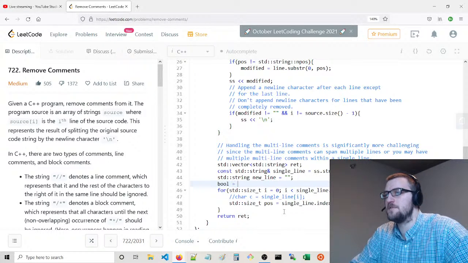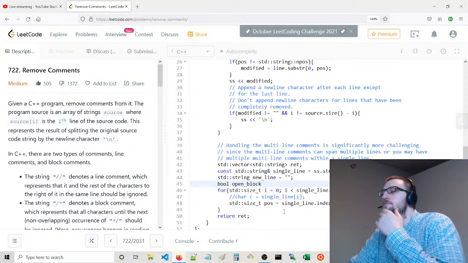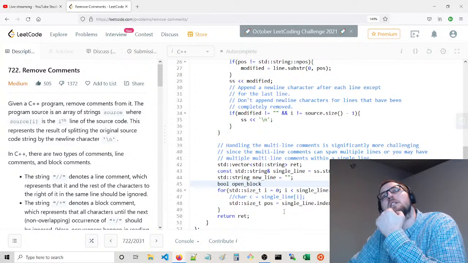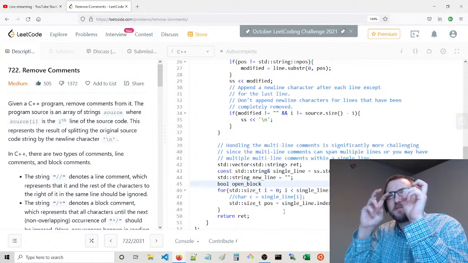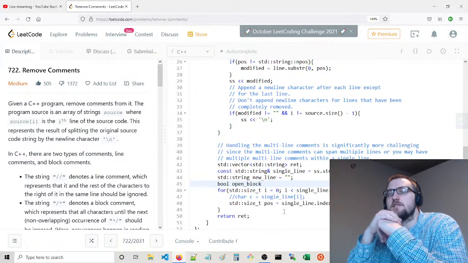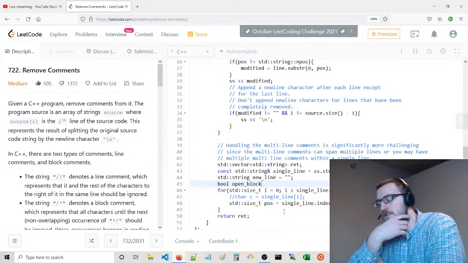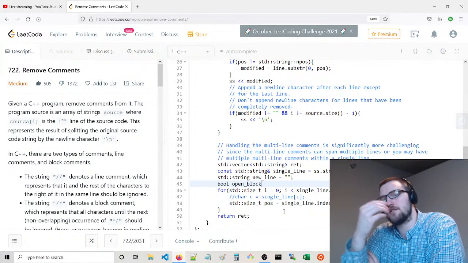We'll say bool open block. One way to do this is, I solved a problem recently where I used a quote unquote state machine where we read character by character and then used an enumerator to jump between different states depending on what state we were in and what character we saw.